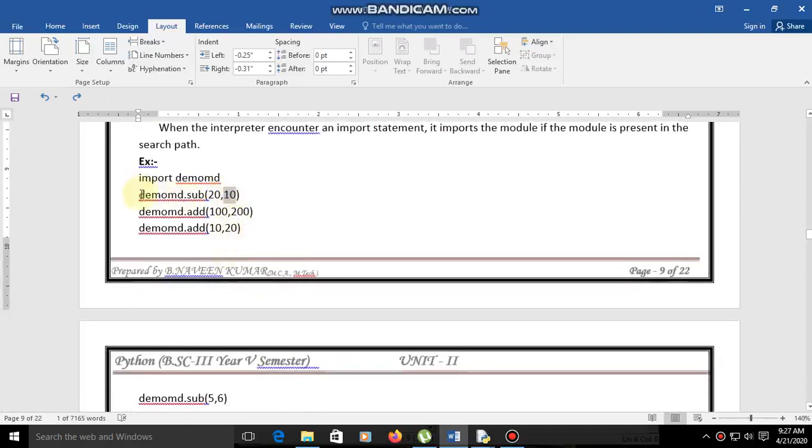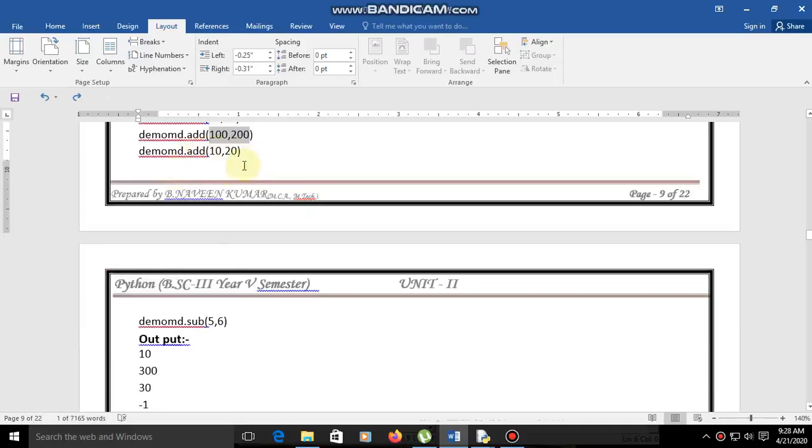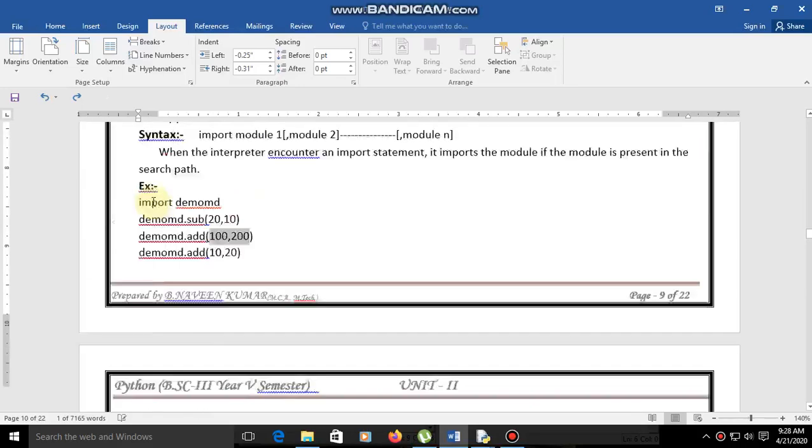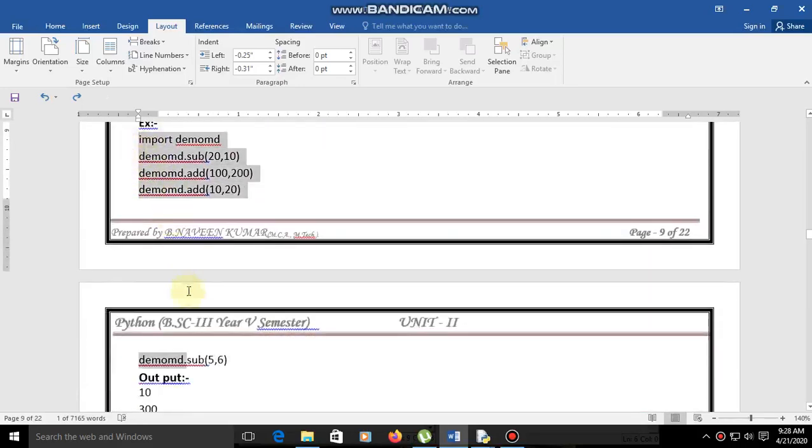So from demo md, 20 comma 10 is treated as x comma y, and automatically 20 is assigned to x and 10 is assigned to y. And also demo md dot add 100 comma 200, demo md dot add 10 comma 20, demo md dot sub 5 comma 6. Let us see one by one how the program executes.